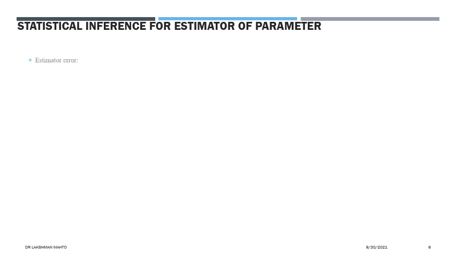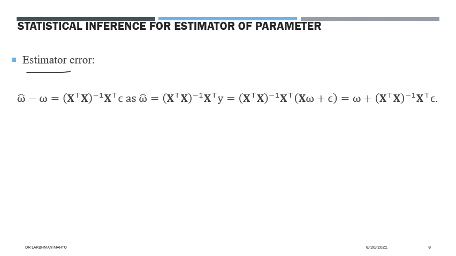What is the inference? As in previous regression, we have to talk about the error, how much error it contains. What is the estimation error? Similarly, we can calculate it by taking the difference of omega hat and omega, and it can be expressed in terms of the pseudo inverse of x. You can denote it by x star; there are various notations. So it is the pseudo inverse of x times epsilon.